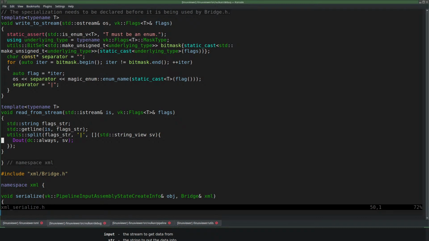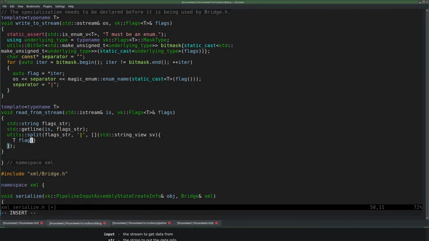Now I have to convert it back to the underlying type, I guess, or not. Yeah, probably. No, I can construct it from, so I just need to construct a T here. Construct a T, it's a single bit, a single flag.